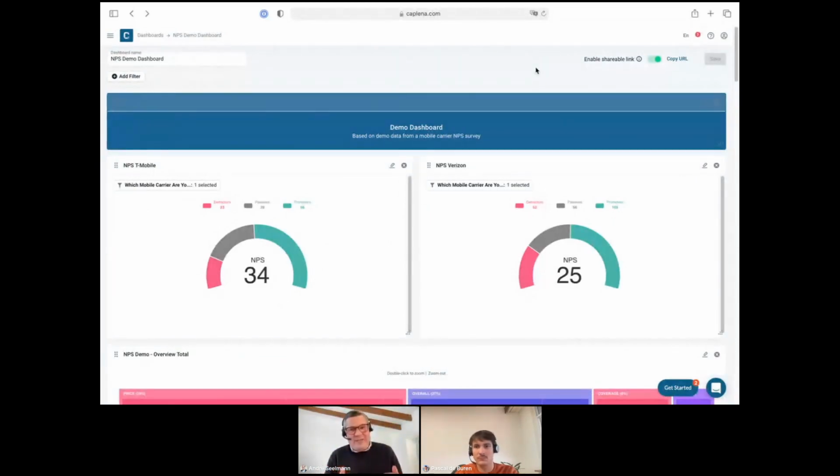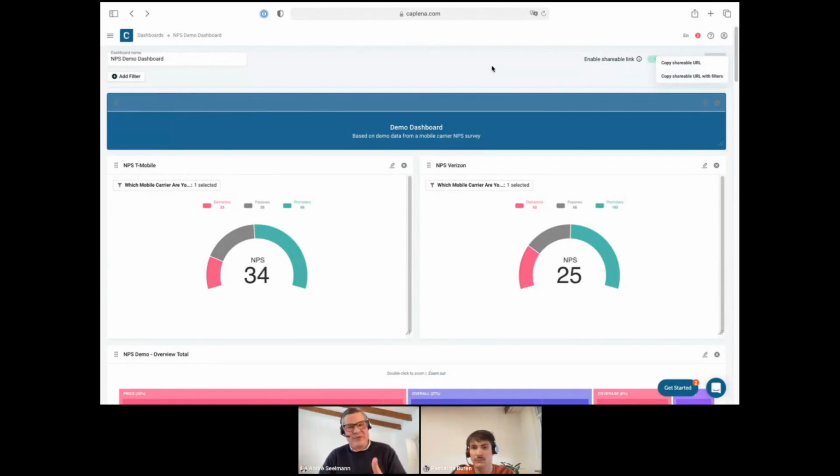And outside means you can share it with people who maybe don't even have access to a Caplena account. So when you choose this option here, enable shared link, you can enable or disable that. If you enable it, you can click on copy URL and copy it as a shareable link, either the entire URL, or if you have a specific filter, if you say to a colleague or a client, look, this is how the data from last year look, I just filtered it for you, then you can even share a filtered